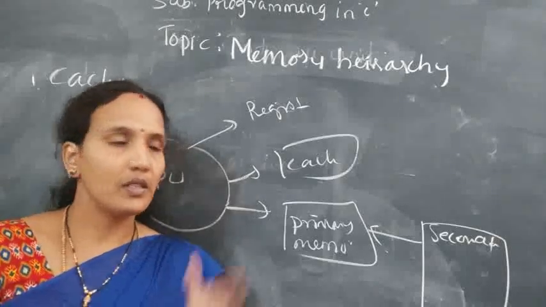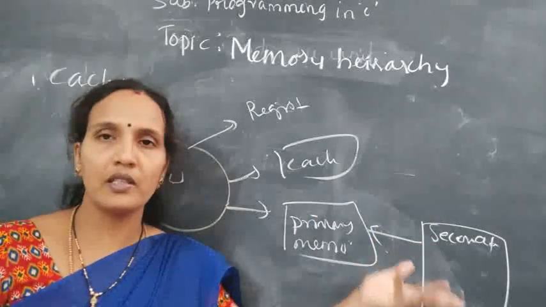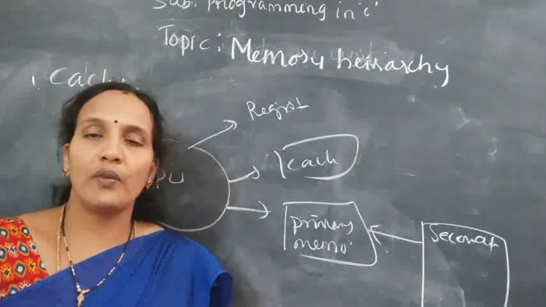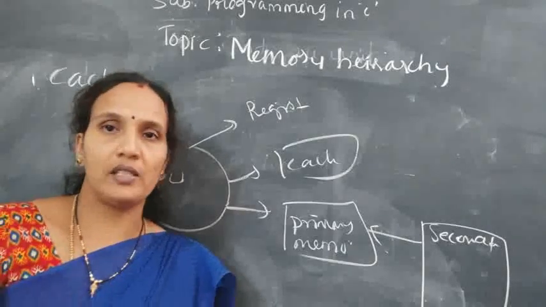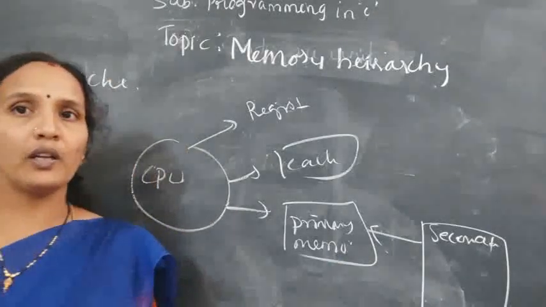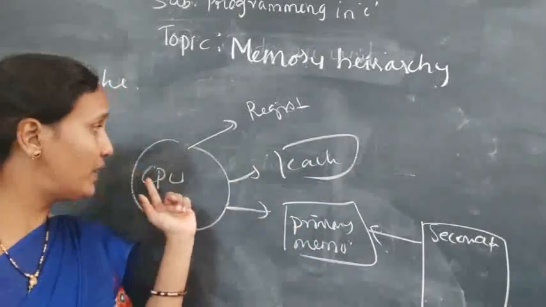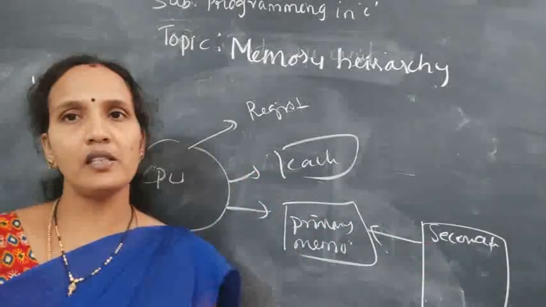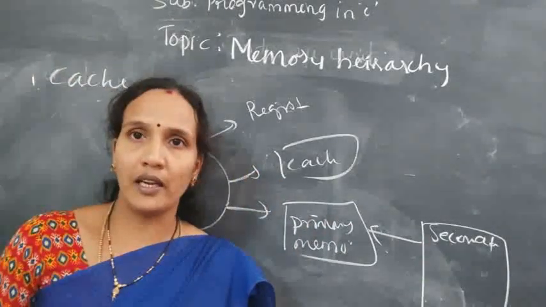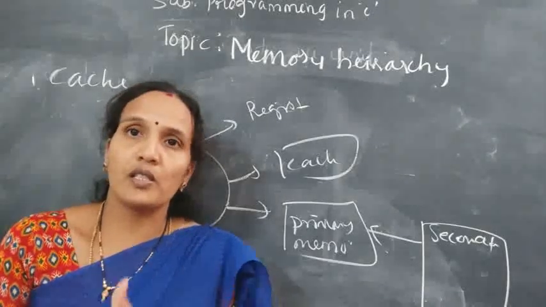That's all. See, going from the CPU to the primary memory to the secondary memory is a time-consuming process. So whatever files the user is using frequently, instead of keeping them in the secondary memory, the frequently used files are stored in the cache memory. So whenever the CPU wants to execute that file, it will search in the cache memory instead of the secondary memory. So within a limited time, more programs will be executed. So the throughput of the system will increase.